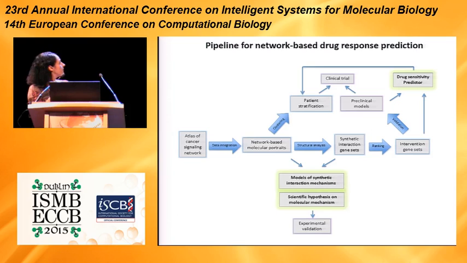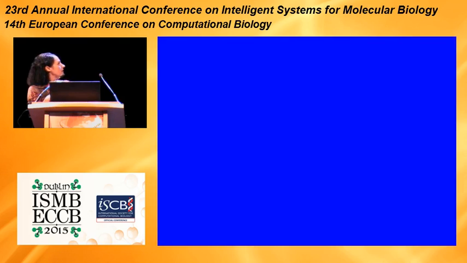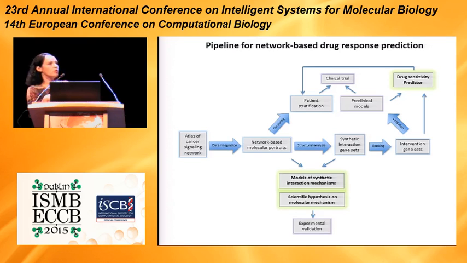And we first of all look at the molecular portraits, as I introduced to you several slides ago, to understand what are the most involved processes on which we will be looking for intervention sets. We perform structural analysis and we suggest intervention sets. We prioritize them, as I just explained in the previous slide. And then these intervention sets, of course, have to be validated in preclinical models. If successful, they can be taken into the clinical trials. So we developed this pipeline to be a basis for personalized medicine in the institute.